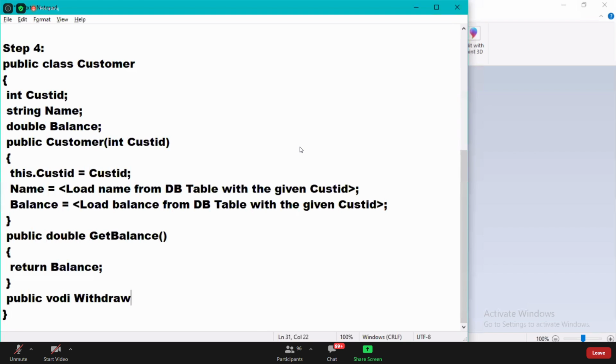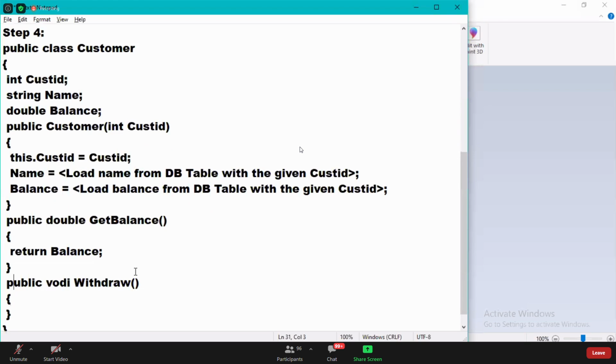See, when you are doing a withdraw, does it require any parameter? Amount, perfect. Double amount is the parameter.